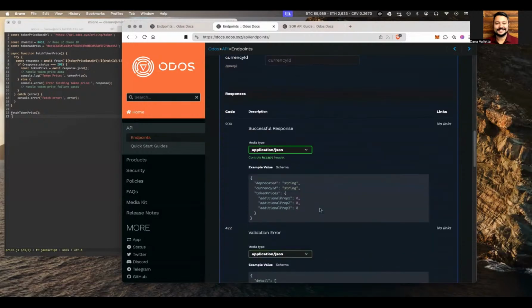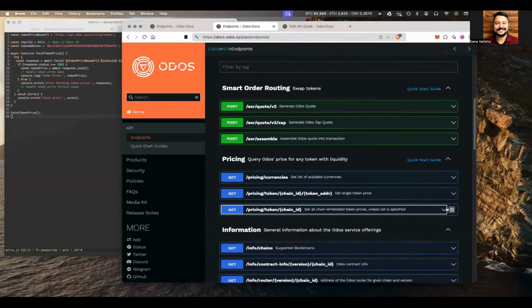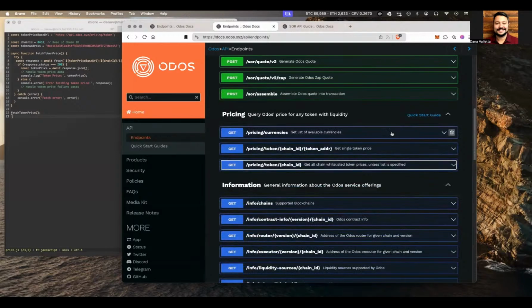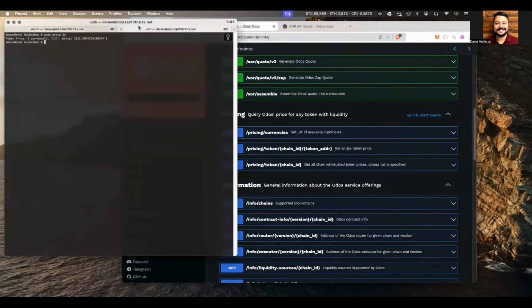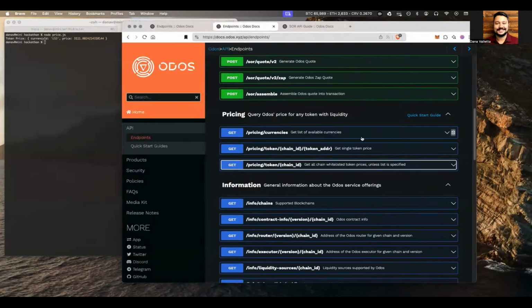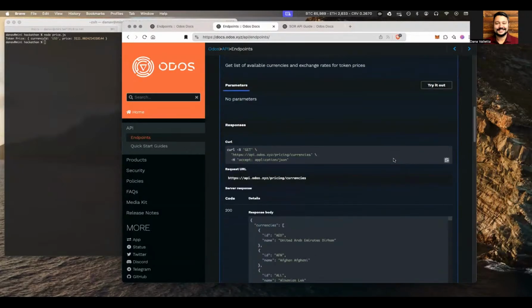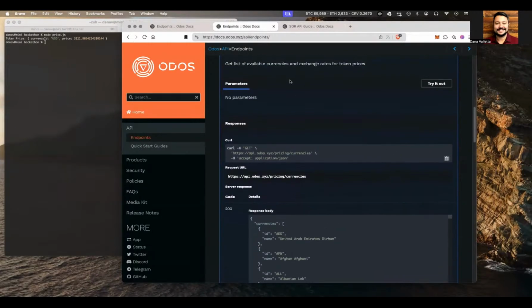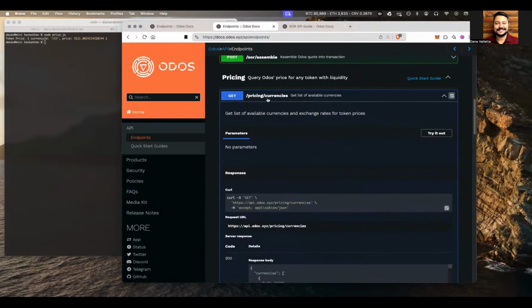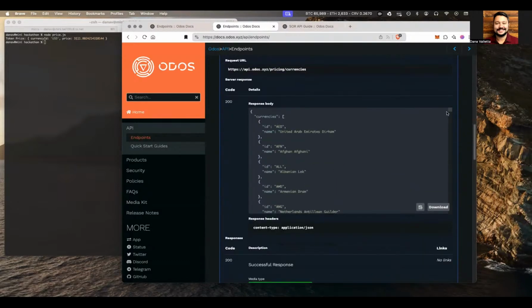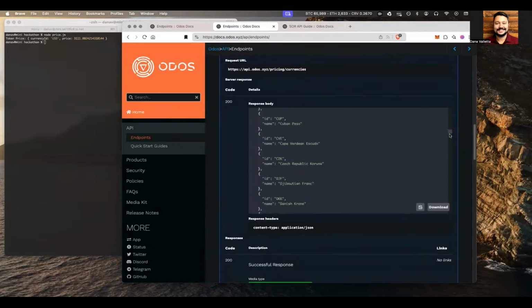However, it's pretty straightforward. The other thing I wanted to mention on the call is by default, we return currencies in USD, as many apps do out there. However, we're certainly not limited to USD. If you again refer to our API documentation and you expand our pricing currencies API endpoint here, you will see a list of all of our supported currencies.